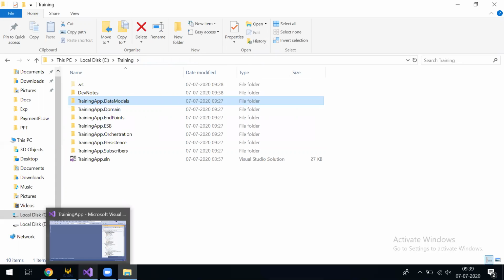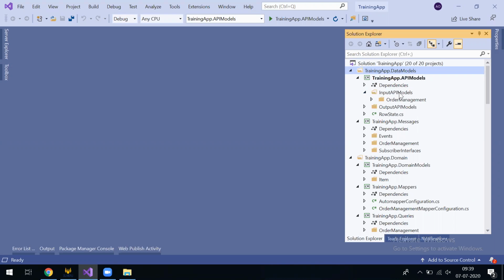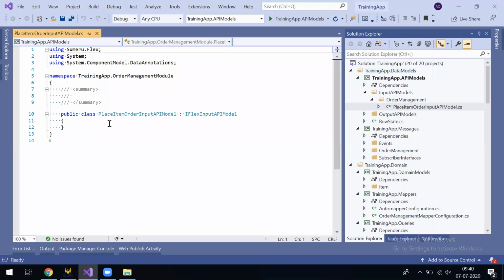Let's see in Visual Studio. Okay, now as we can see, these folders have been added. Okay, we can see here, this is the input API model. These are the API models for any API, what all inputs are there. So the structure is input API model, under which this is my module name. For order management module, place item order input API model. We had one feature for placing item, so that API model input this. So a file has been created, okay, with all the